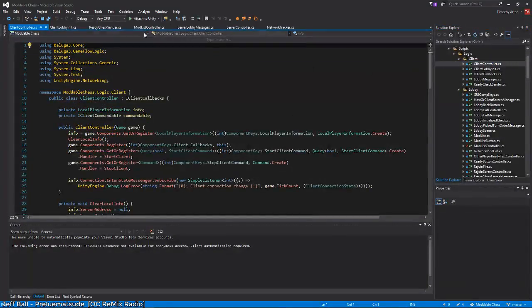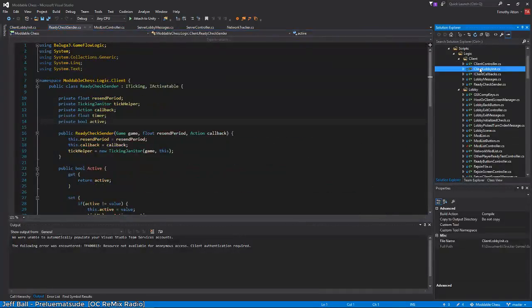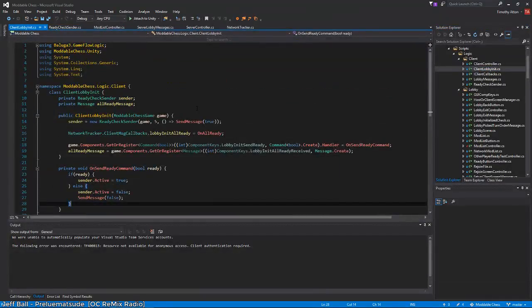Well, probably actually be cleaner if the outside scripts checked for that. So